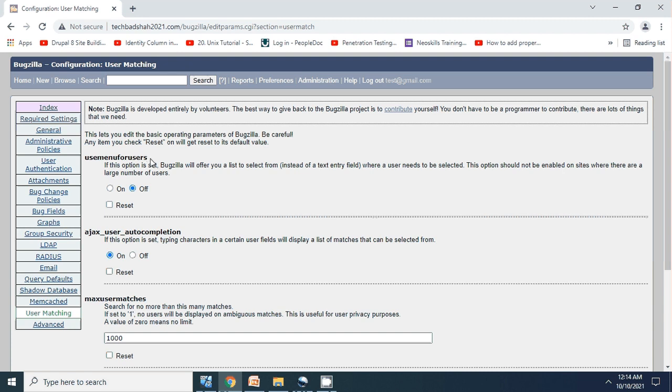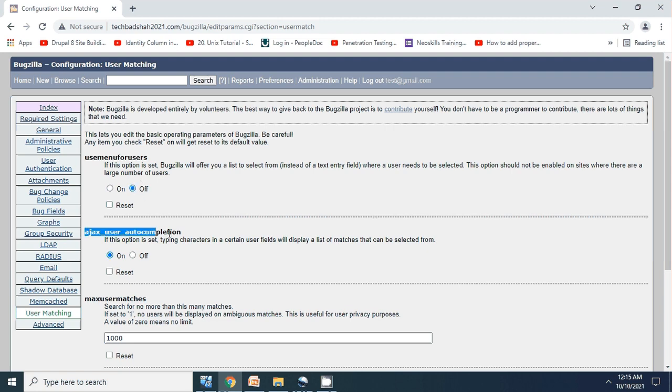Instead of that, this gives you an option to have a drop down directly, which I would not recommend. For example, in a production environment there may be thousands or hundreds of users, and loading all this information into a drop down is not a right idea. I always recommend that you keep it off.